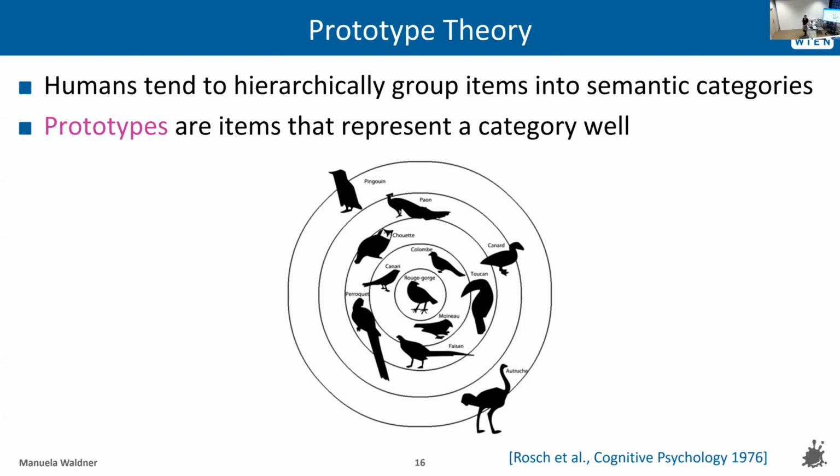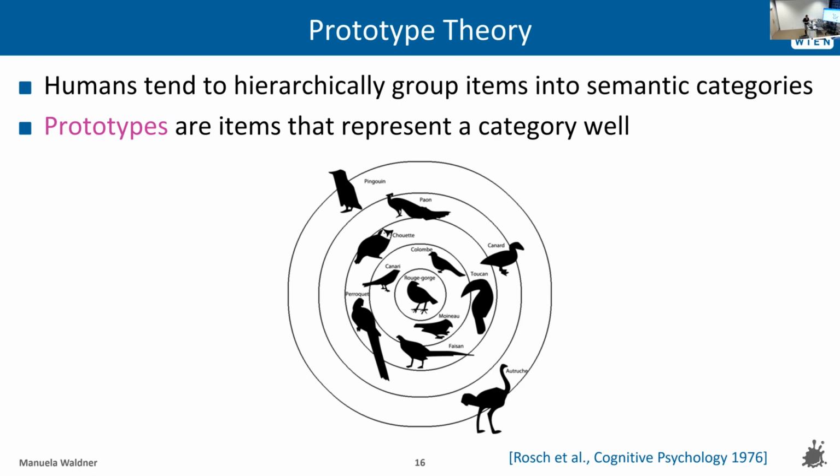And the underlying principle is based on prototype theory. So that was a theory that was proposed in the 70s in cognitive psychology. And the idea of prototype theory is that humans tend to group items into semantic categories. They do this on different levels of abstraction. And on each level of abstraction, the goal is basically that we find a number of categories that is usable. So not too much, and not too many, and not too few. And these categories should be clearly differentiated from each other. So this is what humans tend to do. If you just give them a pile of images, they would